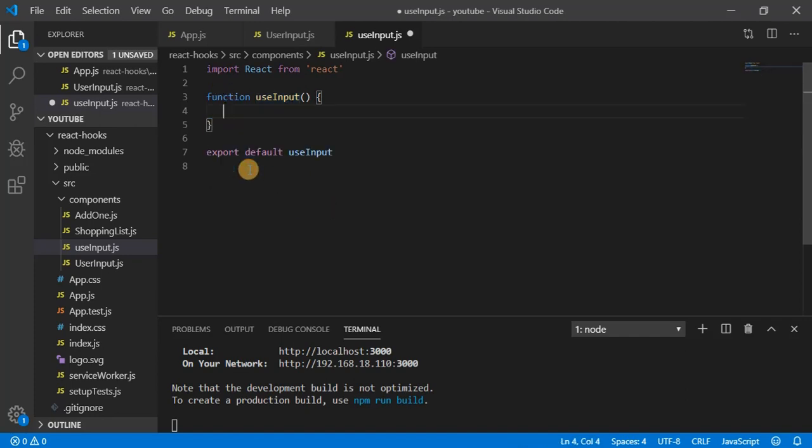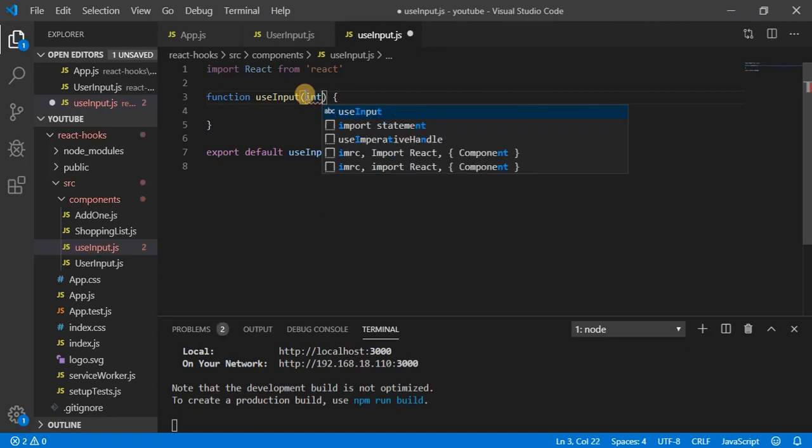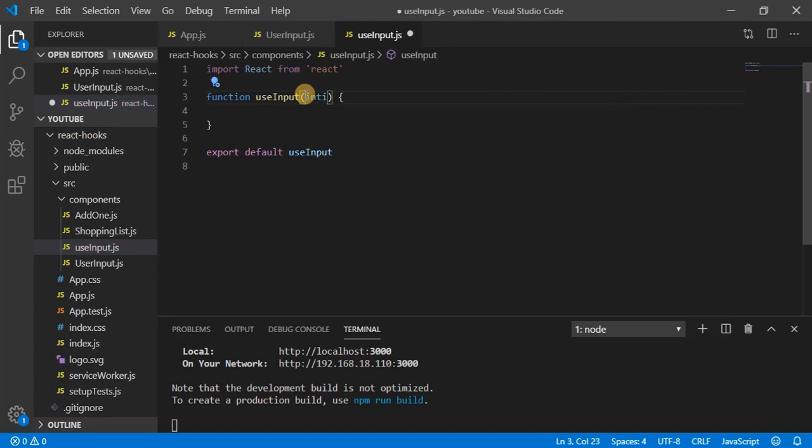What I will be doing here is getting the initial state, and I will use useState.